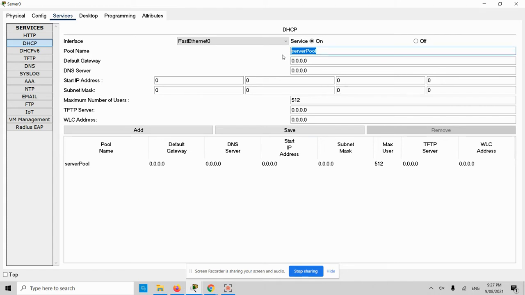I give a name for this pool as home. You can give whatever you like, home router, or maybe smart home router. Default gateway, in this case I'm giving